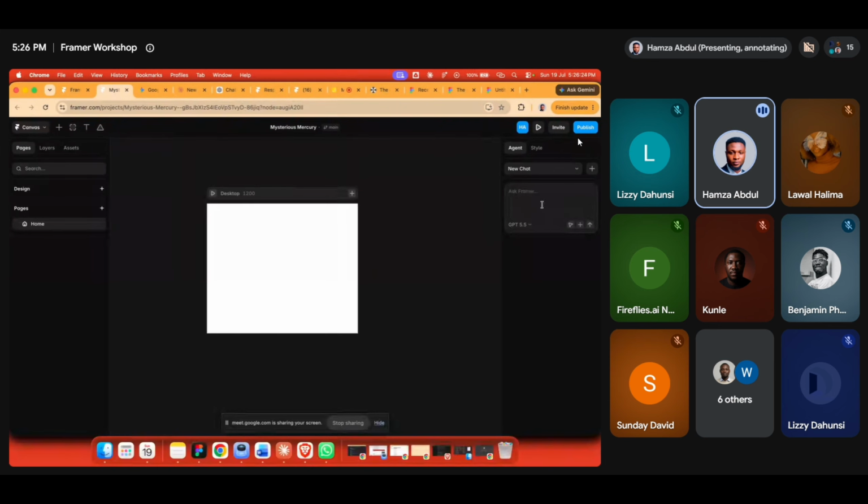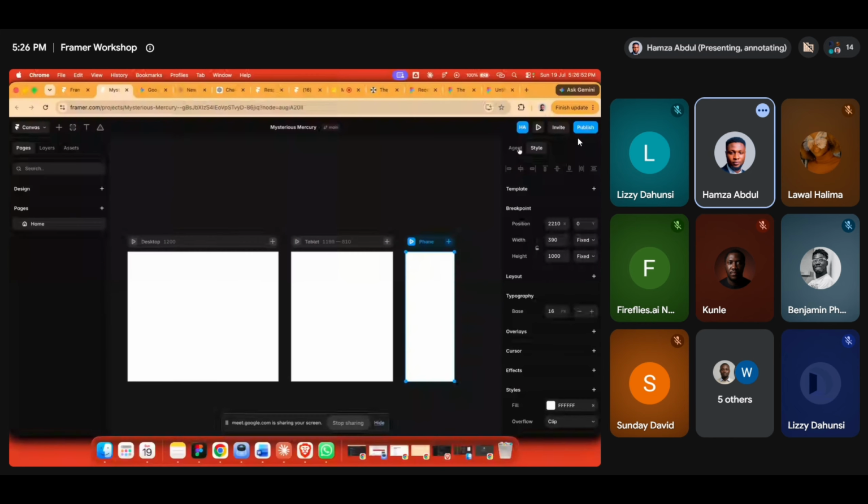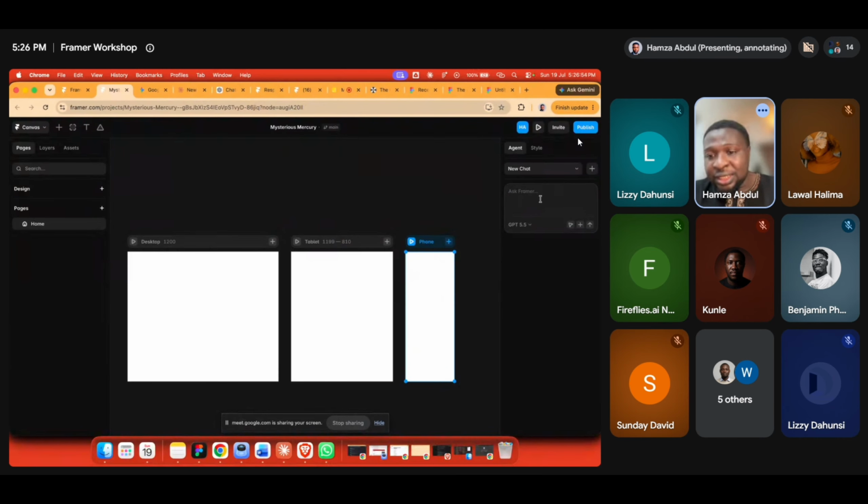Traditionally, if you wanted to build in Framer, you had to go to somewhere like Figma where you have a design, and you have to use a Framer plugin to import your design into Framer before you start manually creating breakpoints like this and making it responsive. But now you can come to this agent, just like you chat with your AI chatbot, and speak to Framer to build whatever you want to build, right?